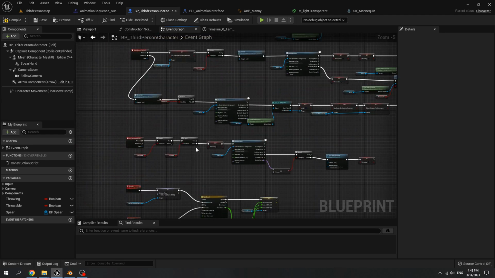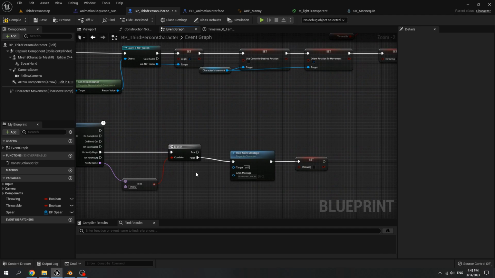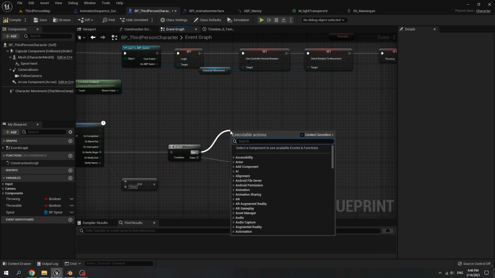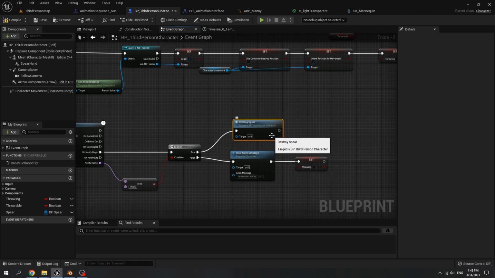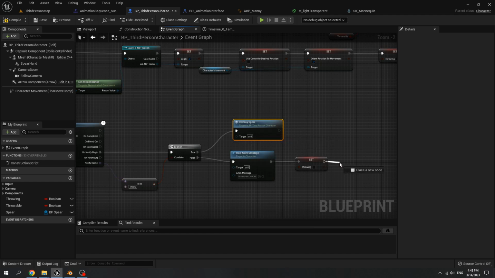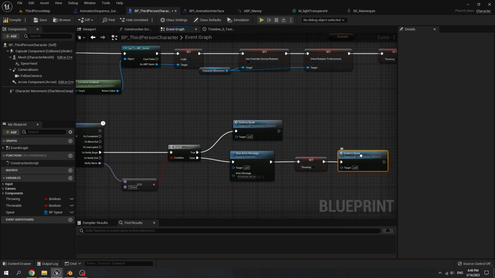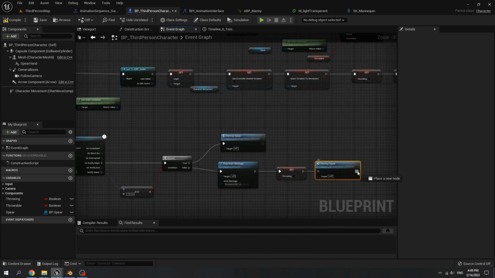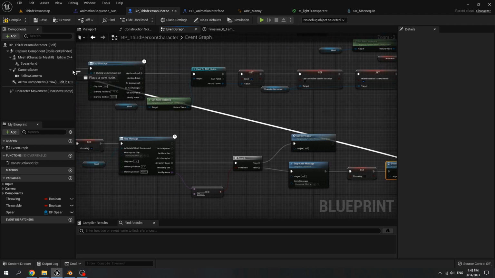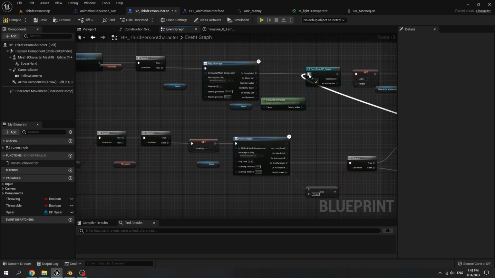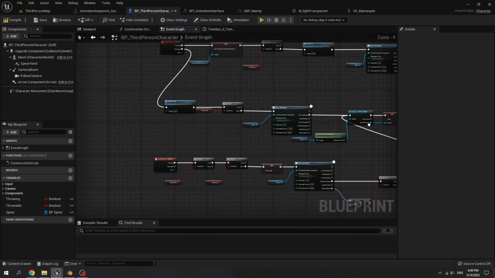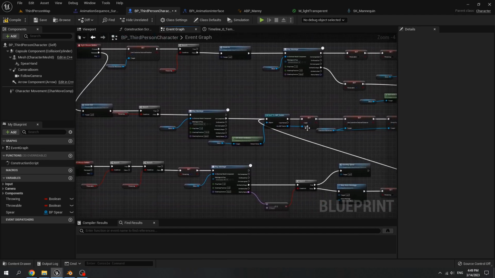For the left click event, if throw is true, we call destroy sphere. And if it is false, after set throwing to false, we call destroy sphere too. After that, connect it to the cast ABP queen of the release right mouse.